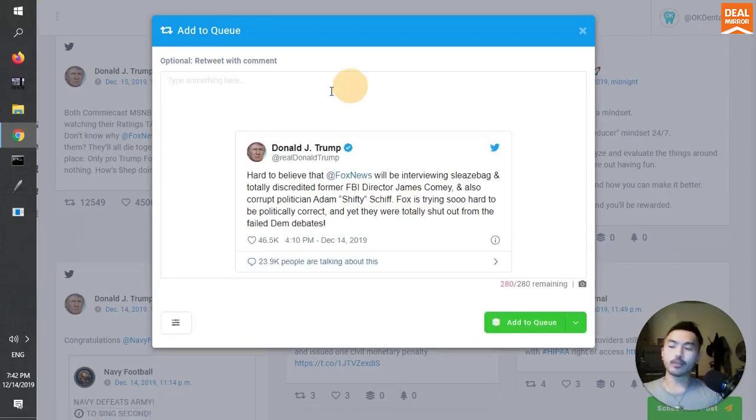And this is a really useful feature because you can add your own unique insight, your own unique perspective to this subject matter at hand. So let me read the tweet. It says, "Hard to believe that Fox News will be interviewing sleazebag and totally discredited former FBI director James Comey." Okay, so it's about Comey, all right? You see, I don't really follow politics. I don't really know what that's about, but okay,